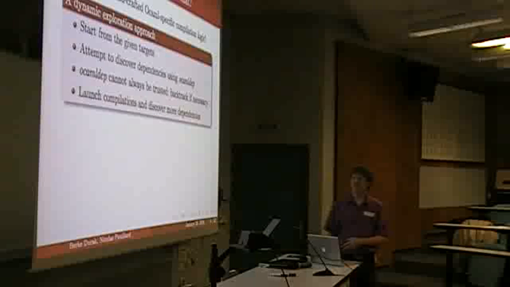OCamlBuild does a dynamic exploration. It starts from a target and discovers dependencies, using OCamlDep. So there is a little backtrack mechanism, because you can have rules to build something, and then you hit a point where you know that you can't build this particular target, so you backtrack to another one. I think it's unavoidable in OCaml today. So we have this little mechanism,